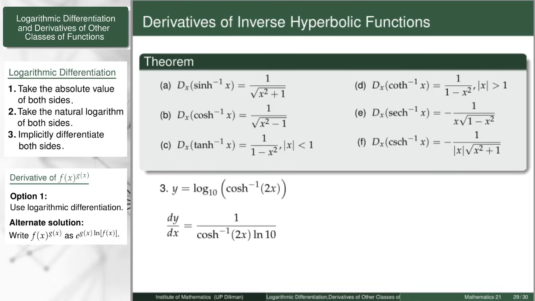Again, if there's a negative 1 in your exponent, whether circular or hyperbolic, that is automatically treated as an inverse function. If you want the reciprocal, the negative 1 will not be in this part, but rather outside. So in this case, the derivative of the hyperbolic cosine inverse will be 1 over the square root of, I'll replace x by 2x, and then multiply by the derivative of 2x,